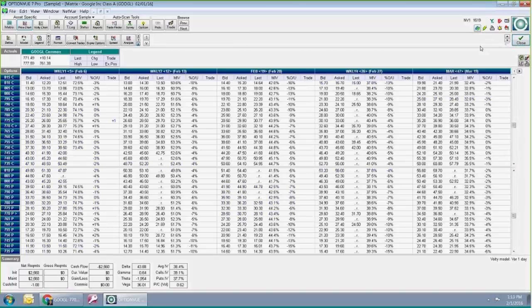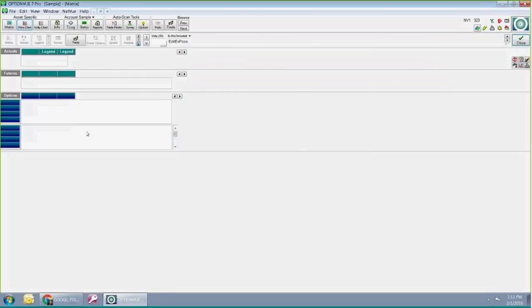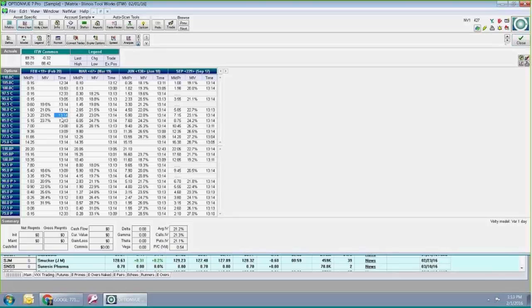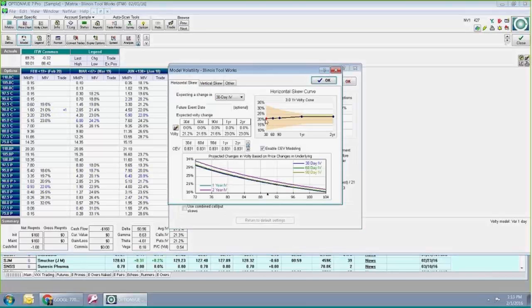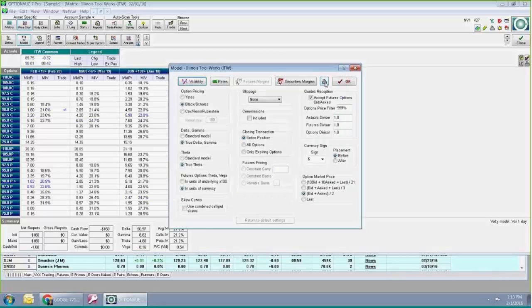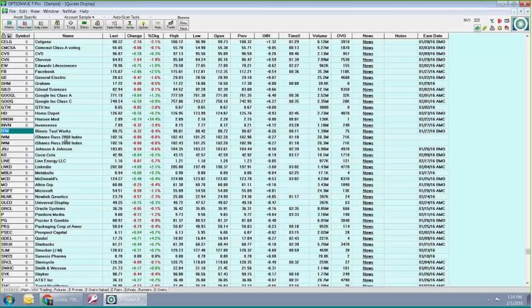If I was to go and buy one, let's see, here's one that already announced their earnings, just standard volatility. If I go look at the model volatility, you'll see it's already here. It's not projecting any change in volatility. There's no event here. It's just a nice, smooth, horizontal skew. And when I analyze, and I'll go to 5 lines just so you can see, it's got a much more regular interval between each line as you're moving up, as opposed to the Google one.